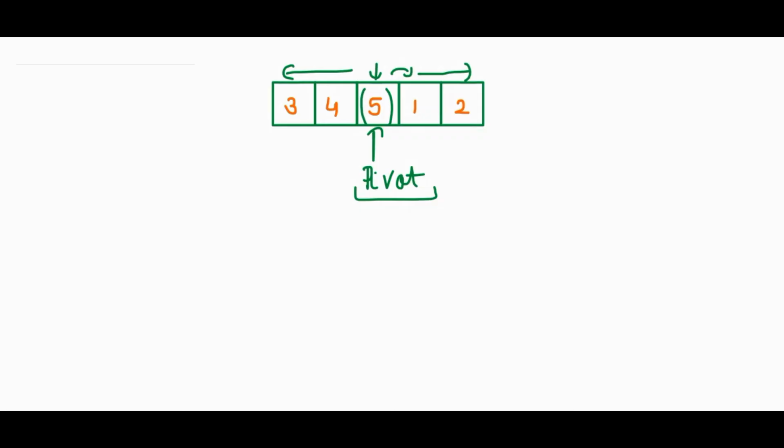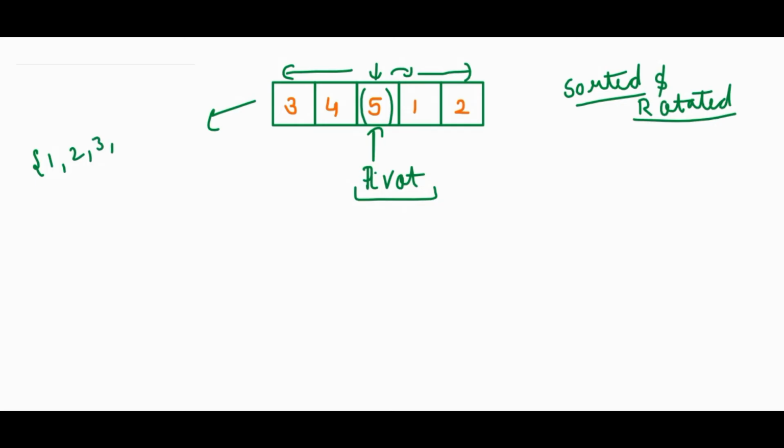If the array is sorted and rotated, right? These conditions will definitely be fulfilled. How can I say that? Let's take an example. Let's say we have 1, 2, 3, 4, 5 as the array, right? The maximum element is 5. So on the left side of it, everything is decreasing. Okay. When I rotate it, 5, 1, 2, 3, 4. So on the right side of it, everything is increasing. You can see that, right?